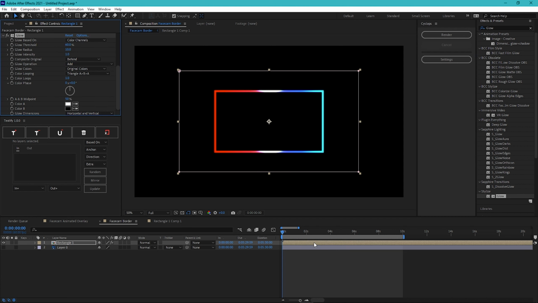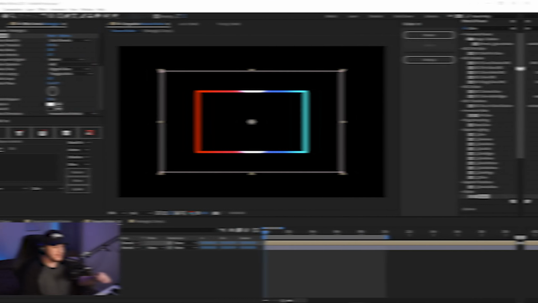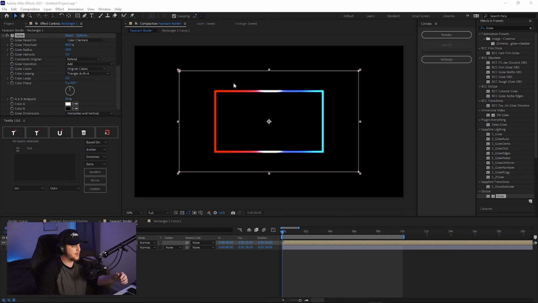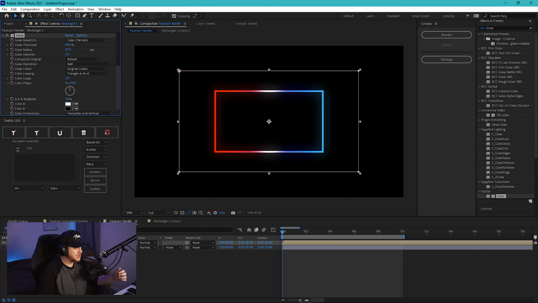It kind of gives you a fuzzy glow look, but I promise that it's going to look way better once we mess with some settings. So the first setting you're going to want to mess with in the upper left is the glow radius. I recommend changing this to maybe about 80 or 75. Then mess with the glow intensity, which I actually recommend bringing down to get rid of these harsh little curves and walls between the colors. So set that to about 0.7.